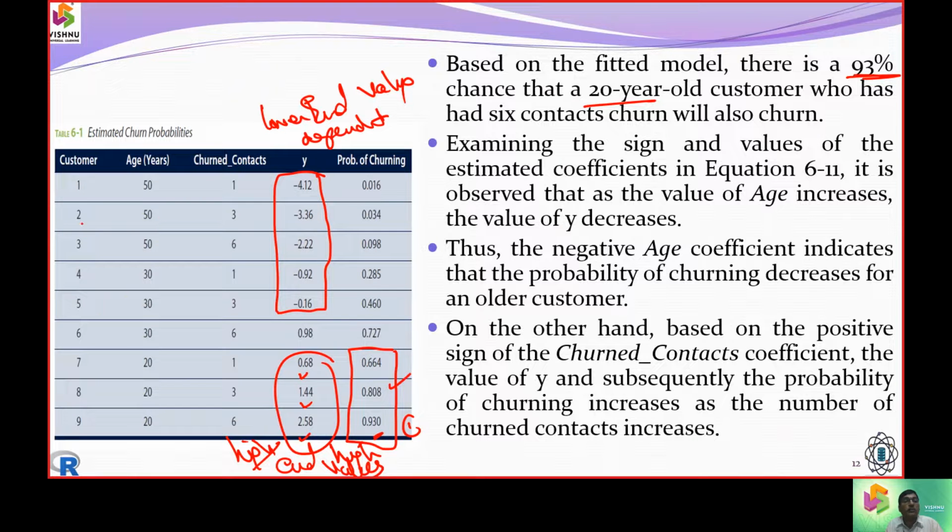that is, from record number 1 to 5 the people will stay, but from record number 6 to 9 we can't say. There is a chance of probability that these people may churn out. So that was the statement we can make. You can see the coefficients of age are going to indicate negative values, that is minus 4, minus 3, like that. So the churning will increase, but for these 20-year-old guys, etc.